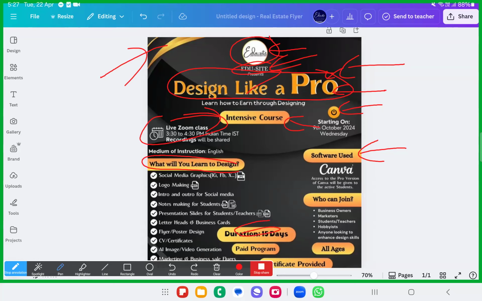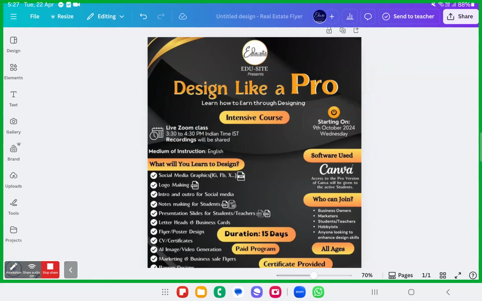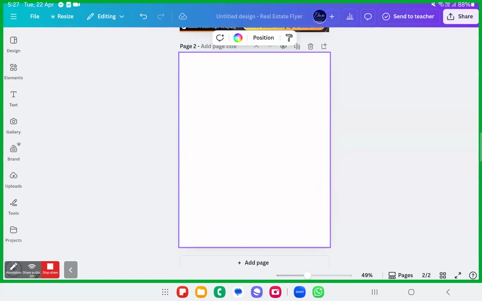Can we just create a mock-up of this? Let's create it together, okay? Come on, let me see. We'll not go into the textual content. We'll just create the mock-up of this. So how do we create it? Let me not create the same thing. I'll just create something similar to that, fine?